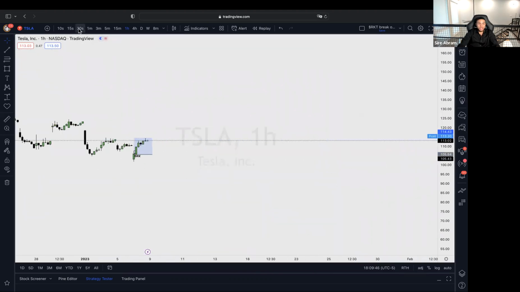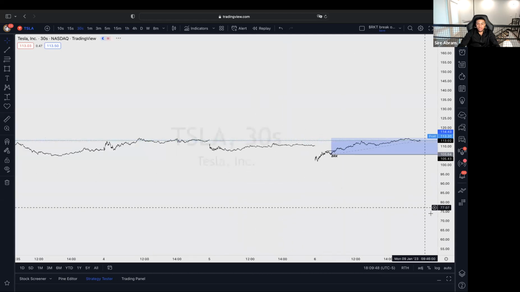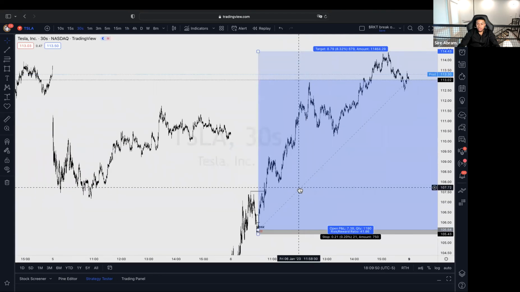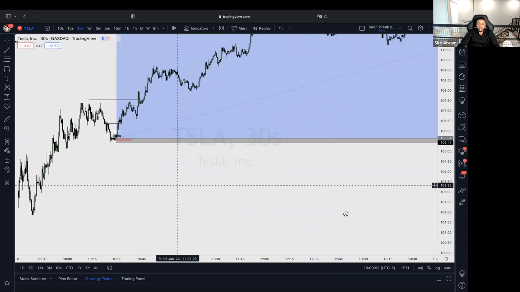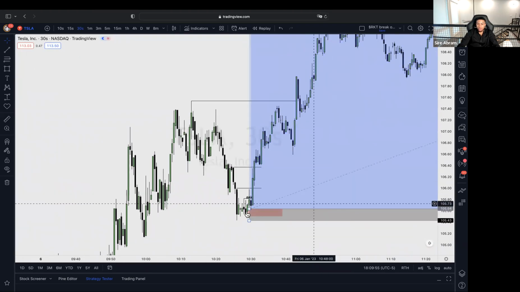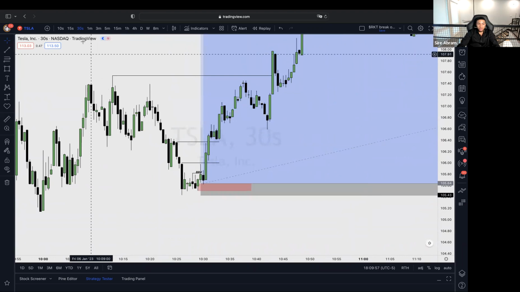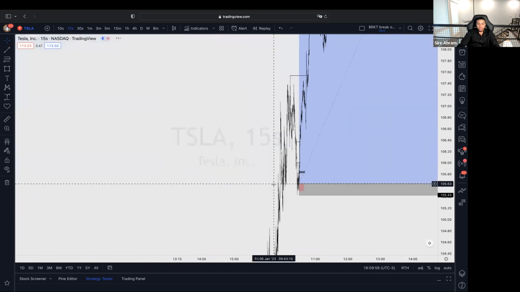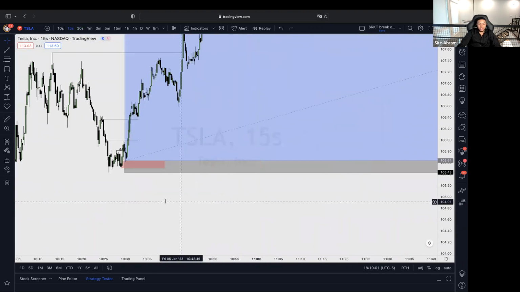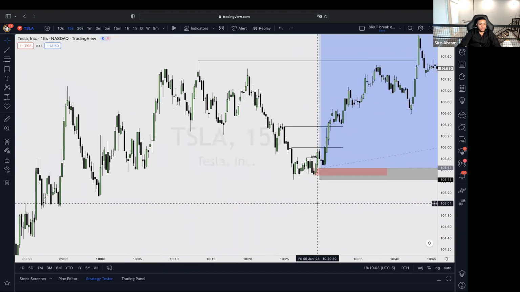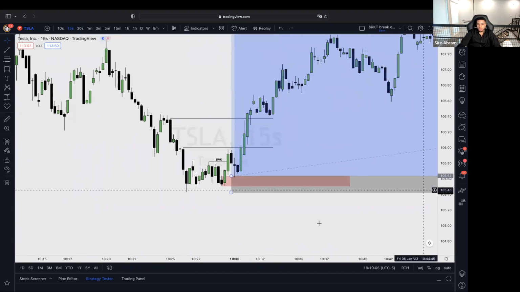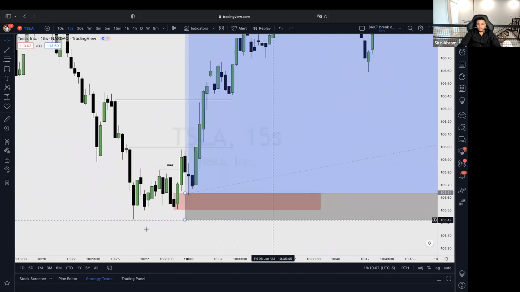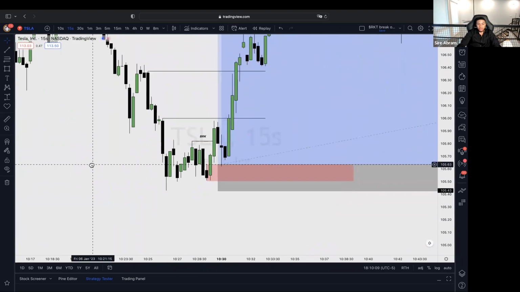So the second to last trade I'm going over today is with Tesla. And here we'll see the same setup. And this is a day trade from today where you buy and sell within the same day. So someone asked me, Sire, what do you see on Tesla? Do you think Tesla's going up? Do you think Tesla's going down? What are your thoughts? So at the time I looked at Tesla, it was around this area.